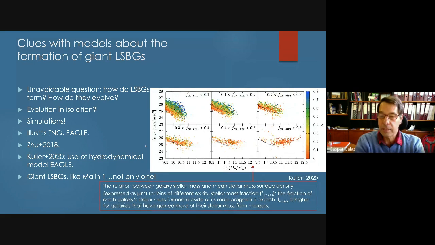Here is a very interesting plot to show that LSBs, when you plot the mass of the galaxy as a function of the surface brightness, you see that most of the galaxies with very, very low surface brightness are, in fact, formed ex situ. It's pretty much the same as before, but in another representation. So in conclusion, these galaxies seem to be formed by a lot of merging episodes, and